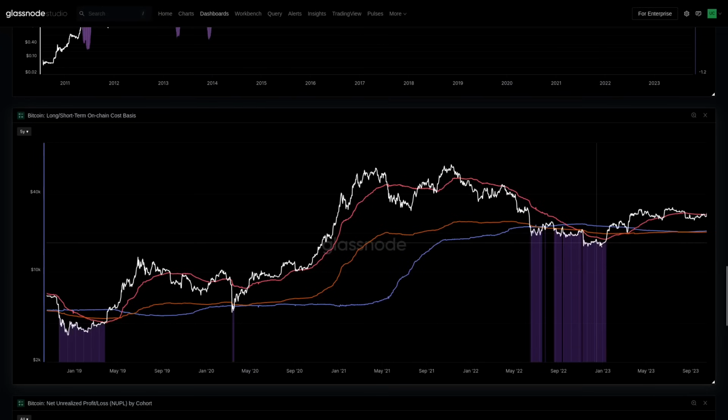What this is actually telling you is that these long-term holders who weathered all the volatility, they made it all the way to the other side of the bear, they reached their long-term holder status, and they still underperformed the guy who bought yesterday. That is a really, really brutal reality of the Bitcoin market. This is what these 75% drawdowns do: people buy all the way up and all the way down, and their cost basis gets higher and higher until those people who actually had the patience to wait until the final capitulation level, which again, on-chain data helps us identify, we can start to see that this is where these floors get put in.